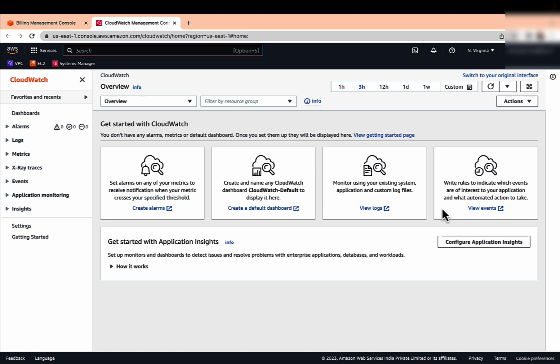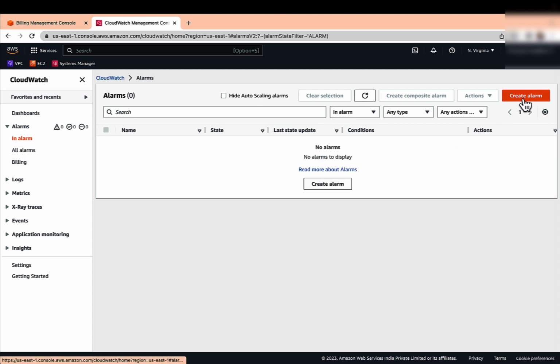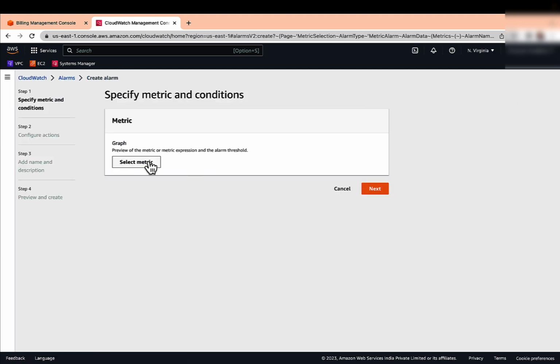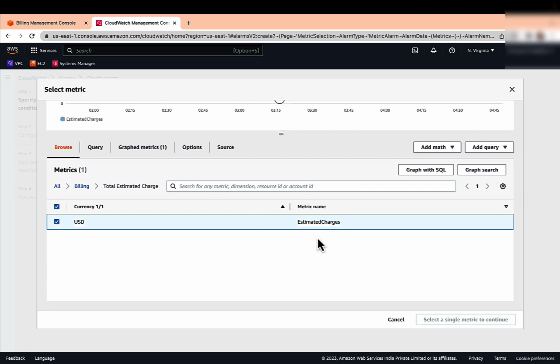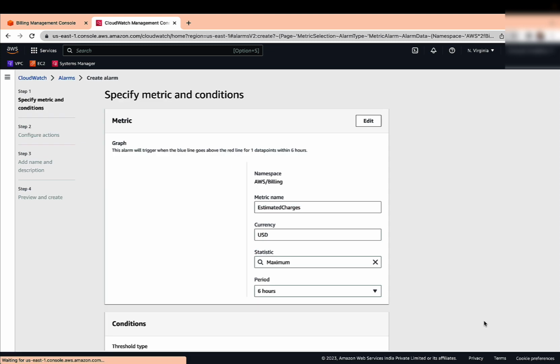Let it load, because billing is a global construct. So to set up the CloudWatch alert for the billing, you need to make sure you are in the Northern Virginia region, because the billing data will not show anywhere else in other regions. So I'm clicking on the alarm. In alarm, right now there is no alarm set up in this account, so I'm just clicking create alarm, select metrics, and here it is showing billing. So I'm selecting billing as well as total estimated charges, and after that I'm selecting this select metric and clicking on it. So I can give a metric name if I want, AWS Bootcamp